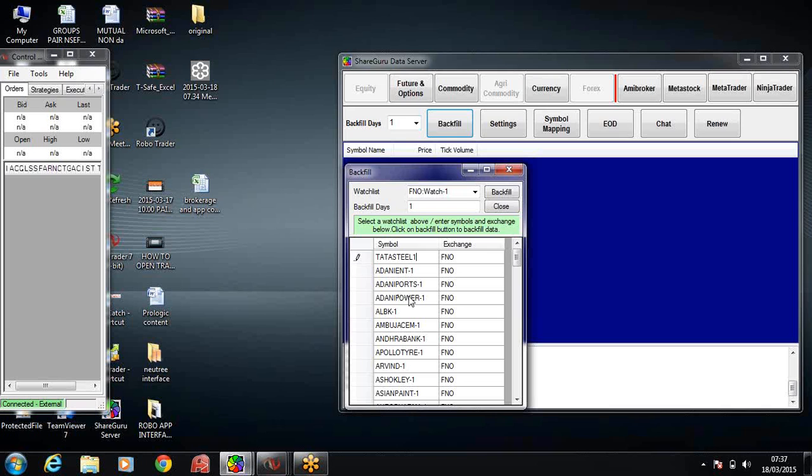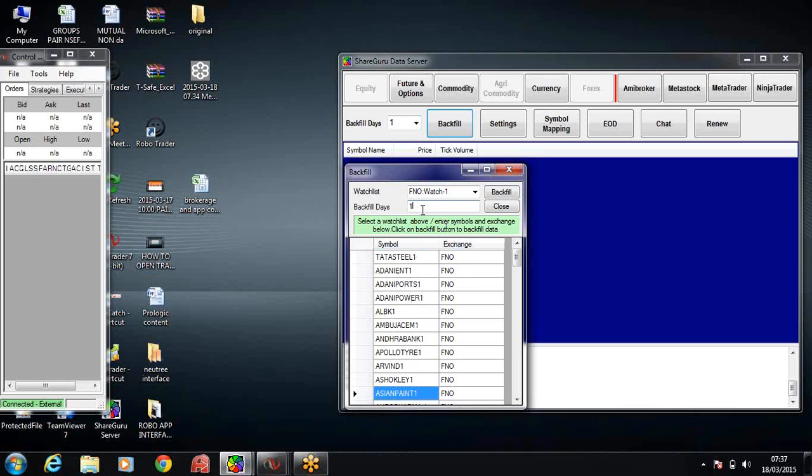Then we can start opening the charts. So now I'll just open the charts for the first 10 ones, whatever is listed here. So what we do is we'll just remove this hyphen symbol. In case you want to trade on 10 scripts or 20 scripts, you can just type those particular symbol names, and then you can open those charts and keep them ready for 9:15. Once the market opens, you can start trading on only those scripts. So I have deleted the hyphen symbols for these scripts.